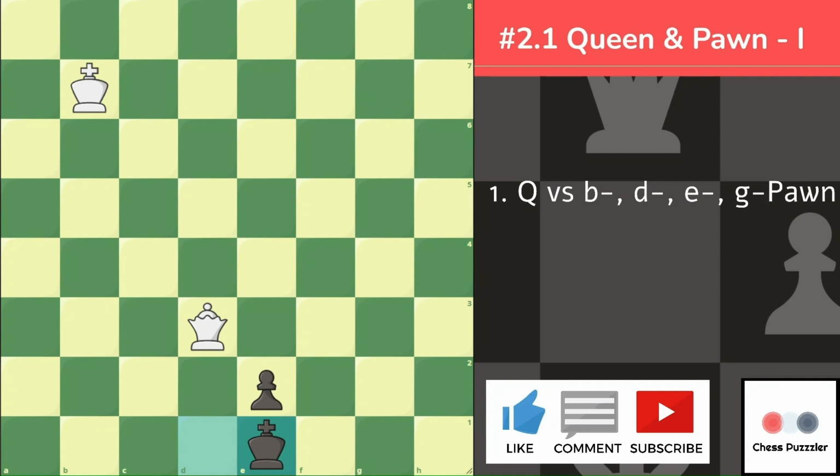Black makes this sad but unnecessary move as he has to protect the e pawn. Without the threat of promotion, white can use the tempo to bring back his king. This procedure is repeated throughout the ensuing play. Now, let's bring our king. King f2,